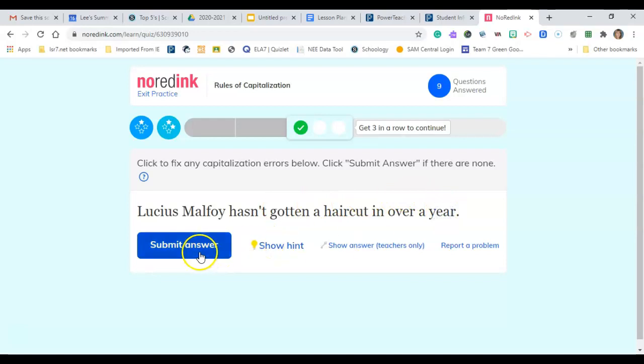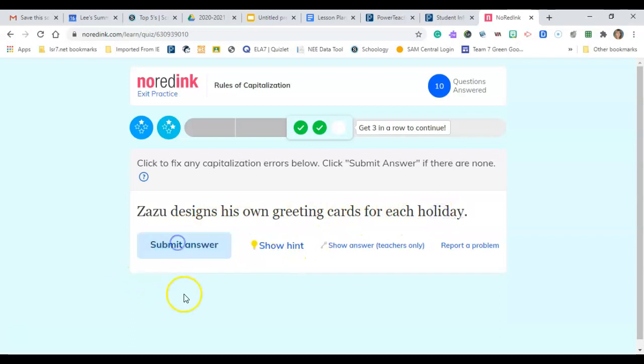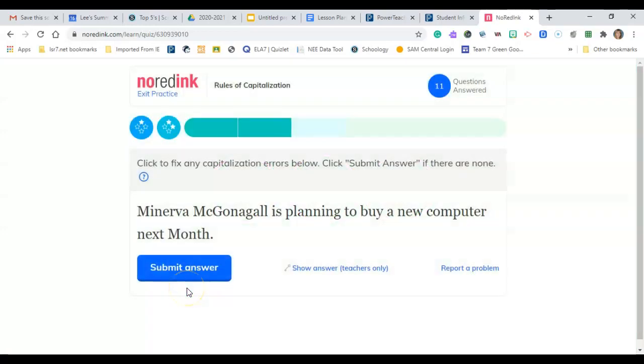And so I can see that's not supposed to be capitalized. I need to get one more right. It's not naming a specific holiday. And now it'll finally let me go on and keep trying to fill my bar to earn all of those stars. Now, if you find yourself in what I call the answer 3 more endless loop, that means that either you're